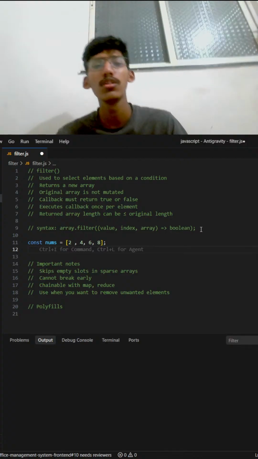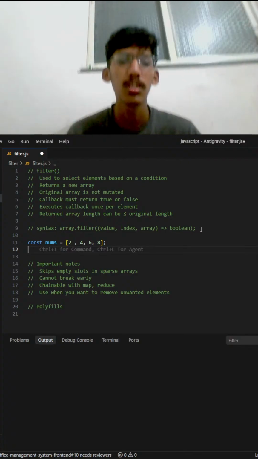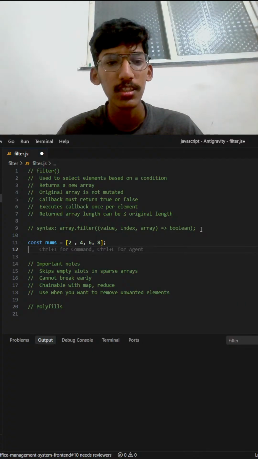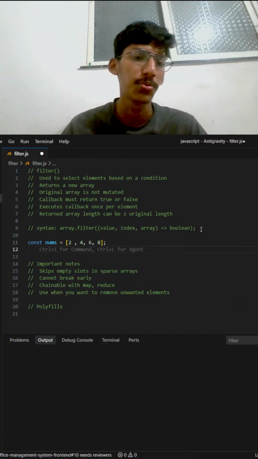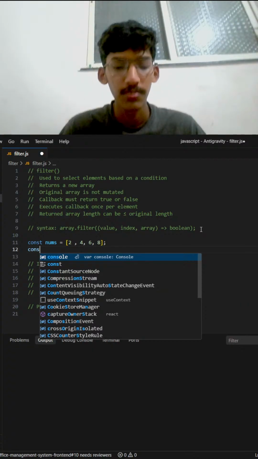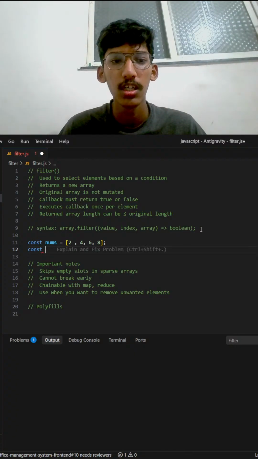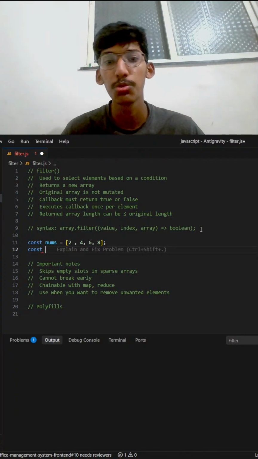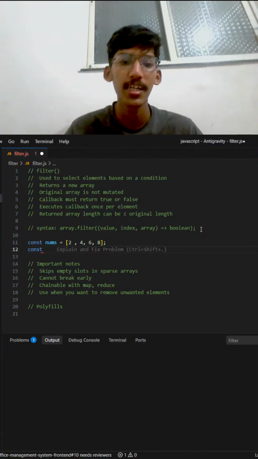Like we just want a new temp array, and in the new array we have to store the numbers in these nums which are less than 5. So first of all, it does not mutate the original array at all. So we have to store the result in some another array, and we have to